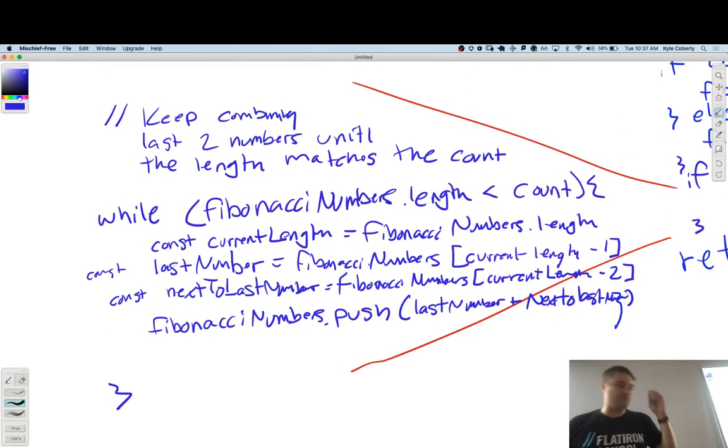And so I want to make sure that whatever's happening in here can terminate. So is the length always changing? Because count doesn't change. So it starts at 2, and I'm pushing something into it, which makes it 3. And so it keeps going up. So let's take that 3 for an example. So it starts at 2.